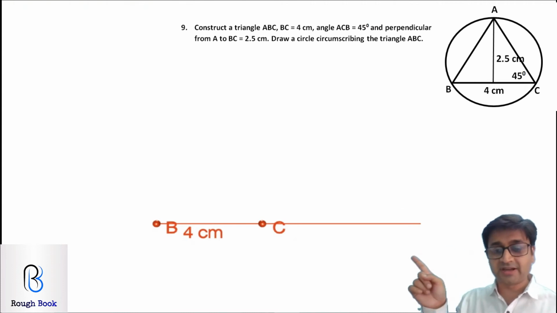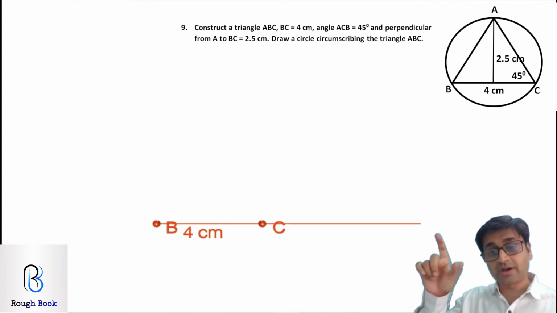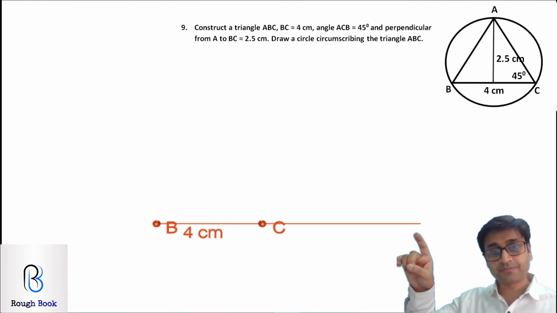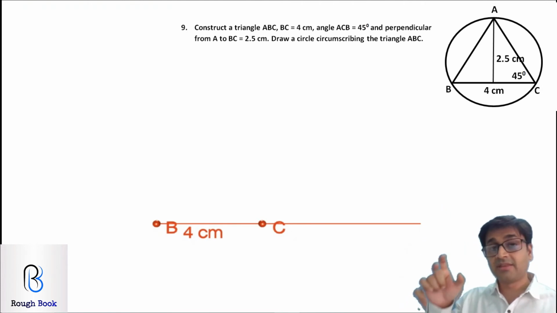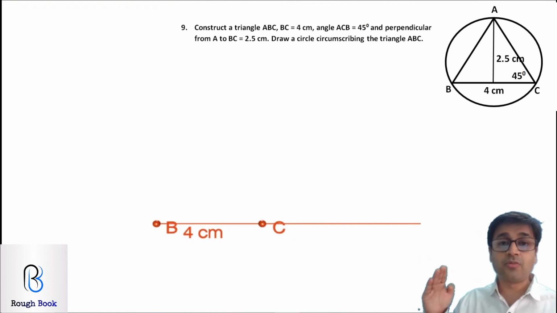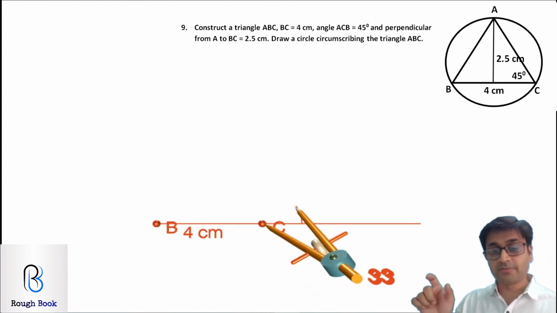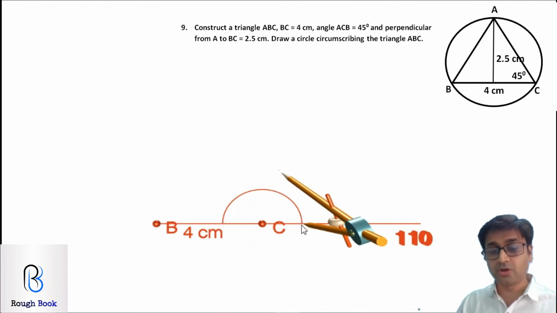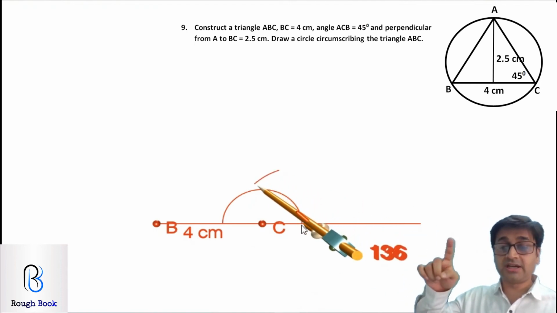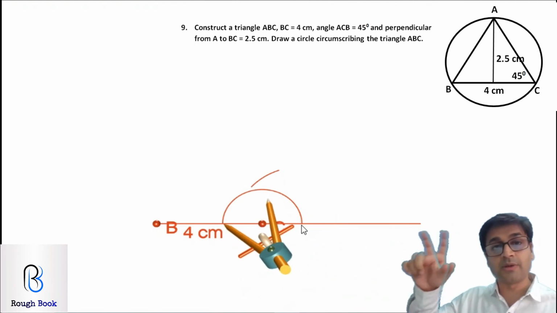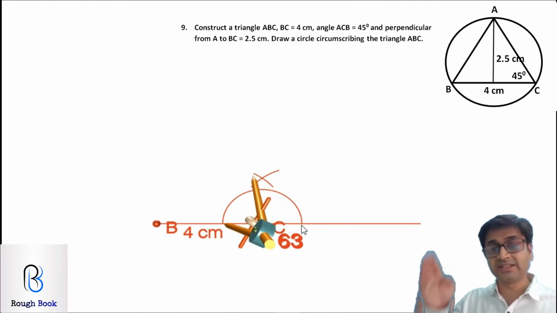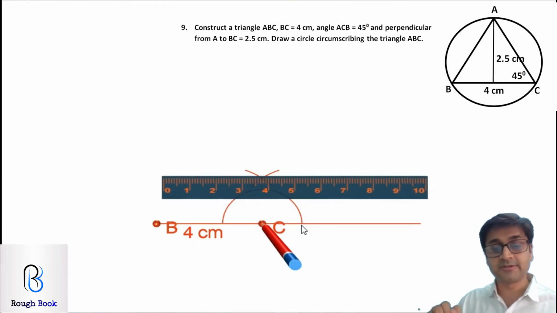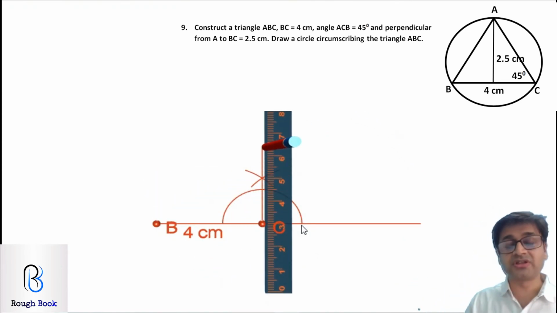Keep your compass on point C right over there. Cut an arc of 180 degrees. Okay, then from 0 cut one arc, from 180 cut one more arc. Draw a straight line, you get 90. Then take 0 and 90, cut arcs. What you will get is bisecting 90, which is 45. Let's see how to go about it. Keeping your compass on C, 180 degrees. Can you see this here? Keep your compass on this point now, 0. Extend it, cut your arc. Keep it on the other side. Without changing the radius, cut one more arc. Point of intersection and see, if you draw a line, you get 90 degrees. So we managed to get 90, but 45 still is our target.